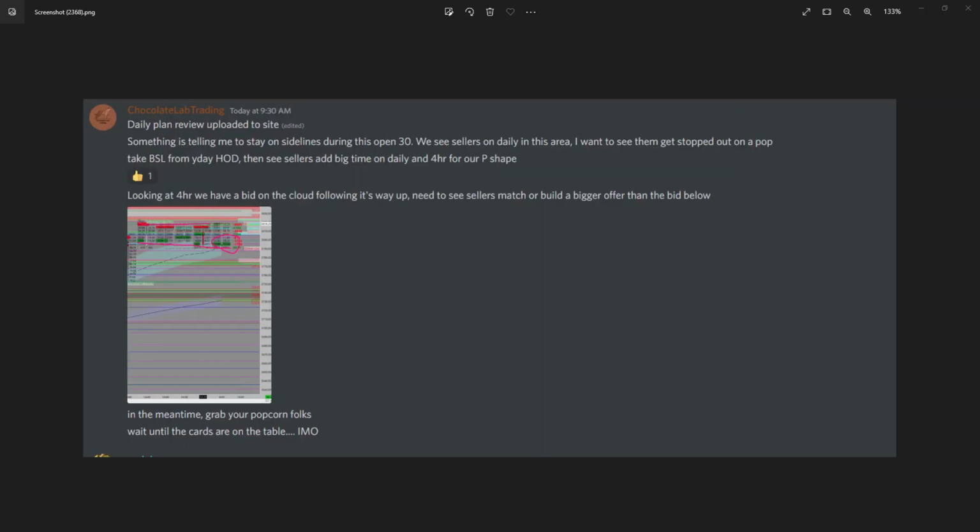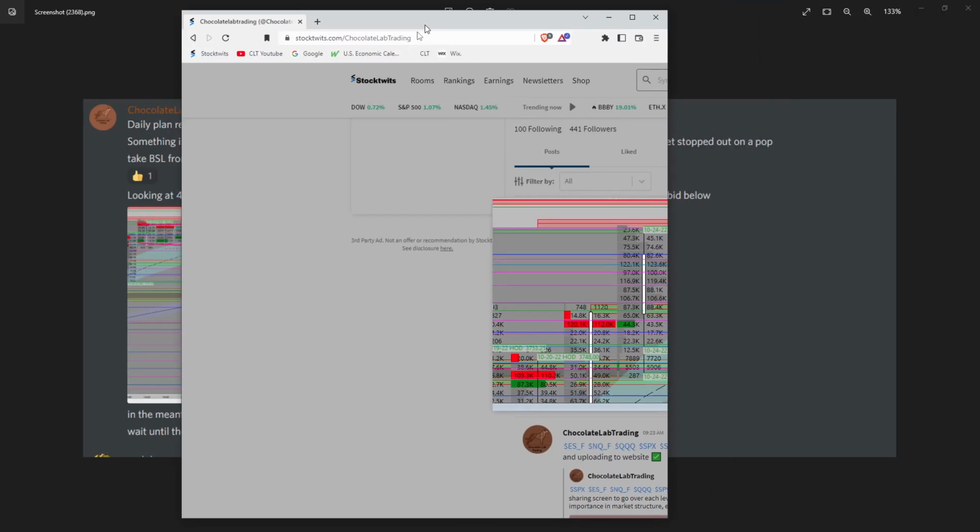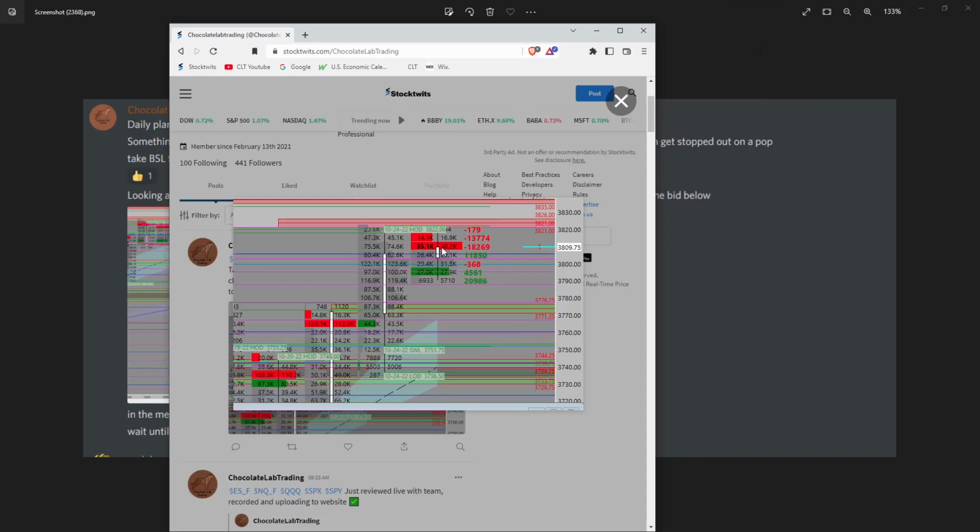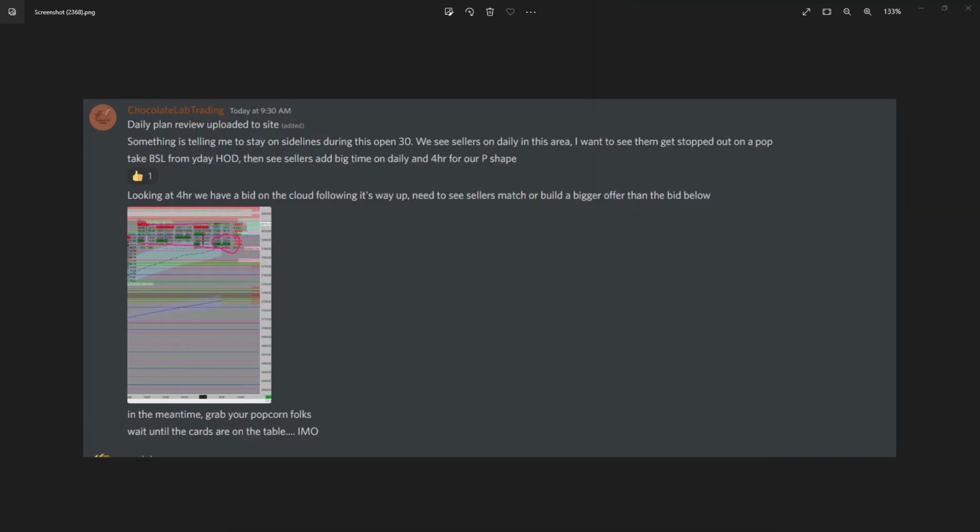And I'll continue on. We see sellers in this area. I want them to get stopped out on a pop, right? So if these guys get stopped out, we have to trade above them, right? Because they're short, to stop them out into our sell zone, right? Stopped out on a pop, take liquidity from a high of day, then see sellers add big time